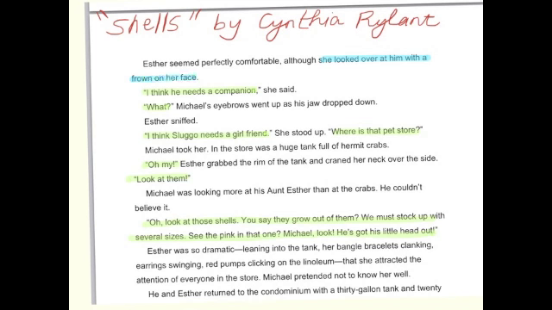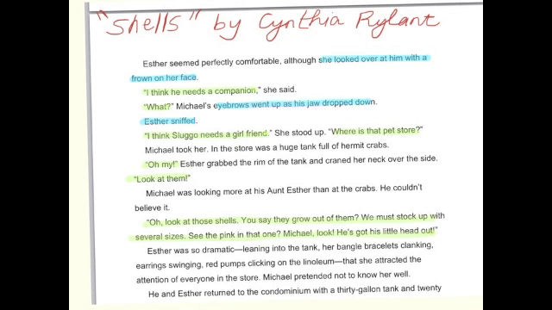And that when Michael talks, his eyebrows go up and his jaw drops down. And in response, Esther sniffs. You know, I can really see this conversation happen. I can see what these characters are doing as they're talking. They're not robots. They're not two talking heads. They actually have actions and motions that tell part of the story.